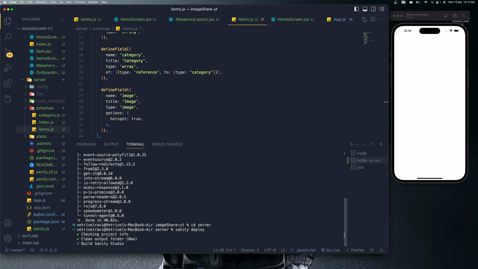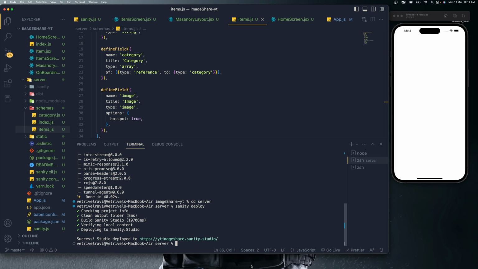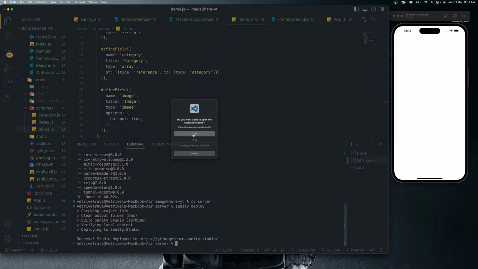It's loading. I hope our items, everything will be fine in the server. Let's see. It's uploading. So let's wait until it's successfully deployed. So now it's deployed. Let me go here and let's open it one more time and see whether we're having